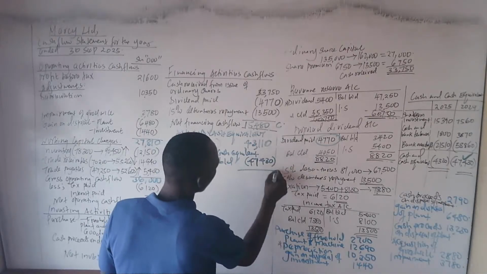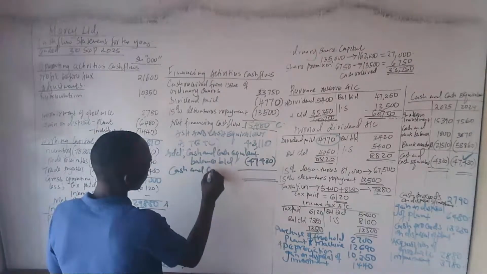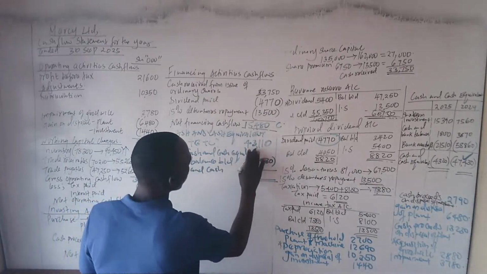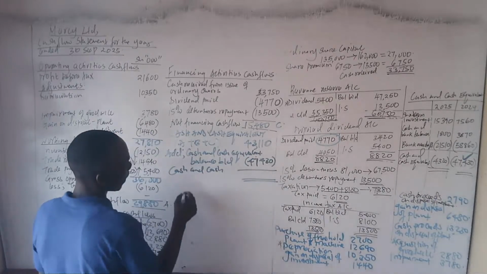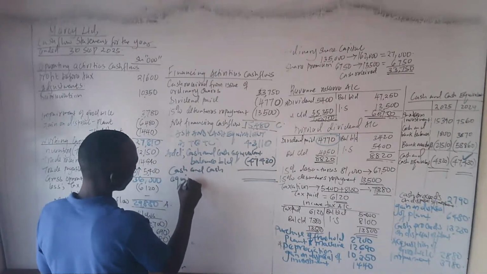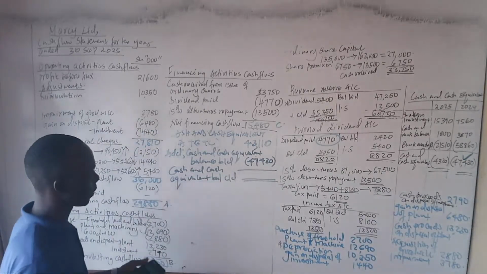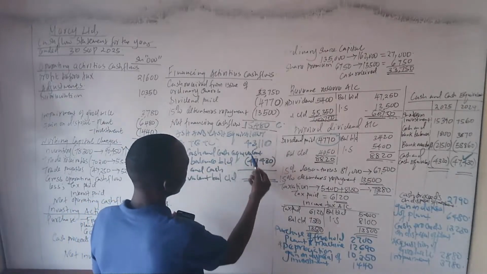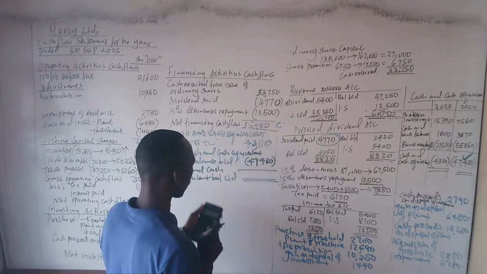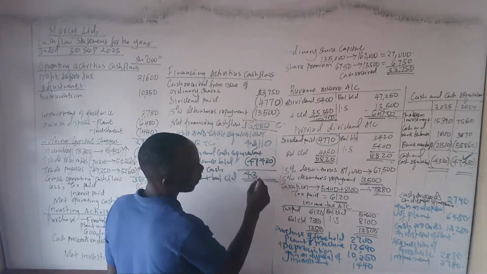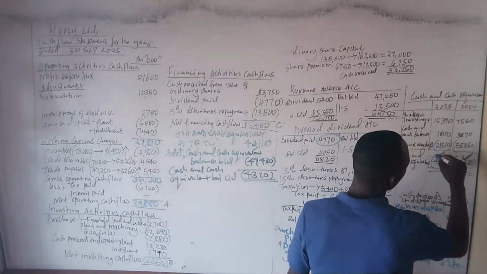So we subtract, and therefore they must reconcile with what? The cash and cash equivalent balance carried down. Let us see. Take this plus this, so minus 47,430. Therefore, you are getting 4320, which is the same as the figure that we have here.